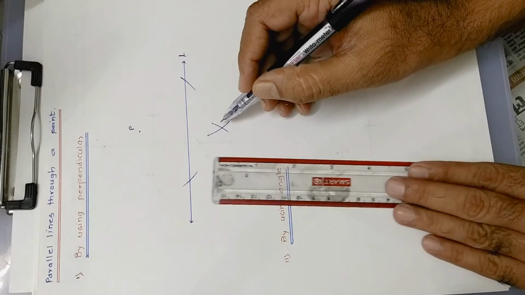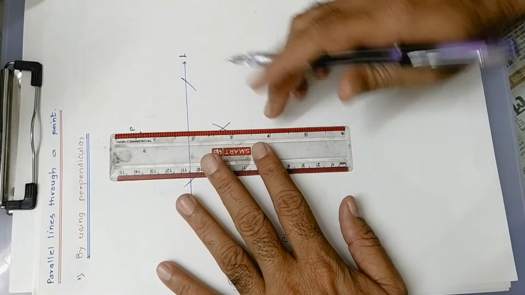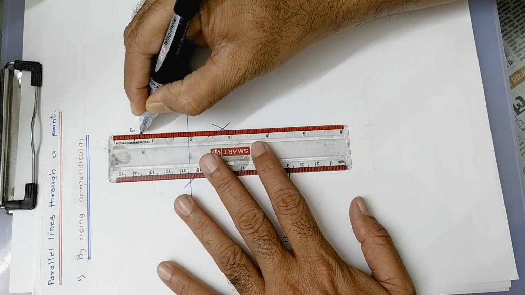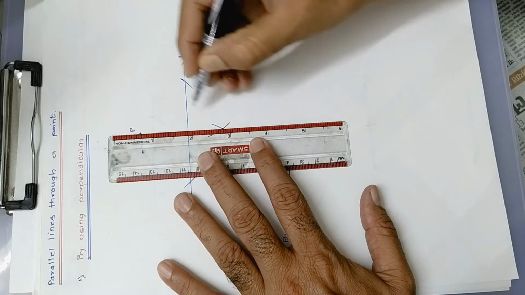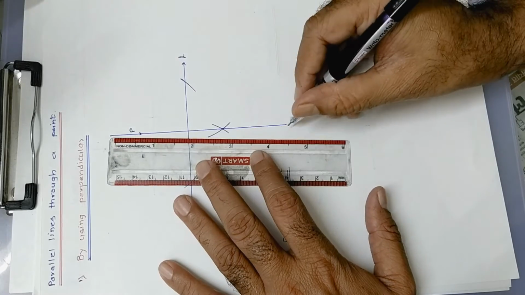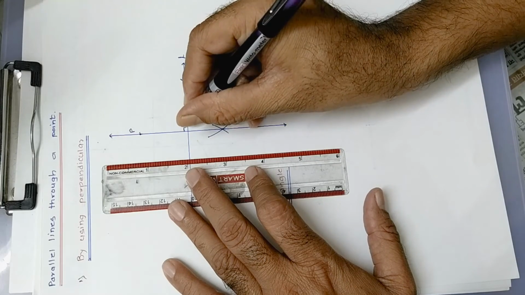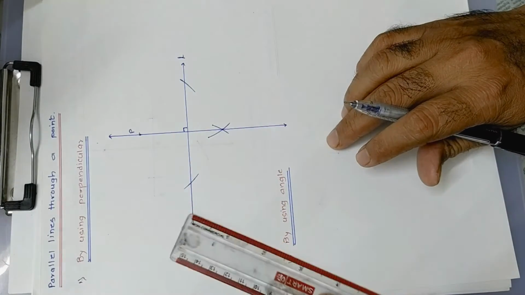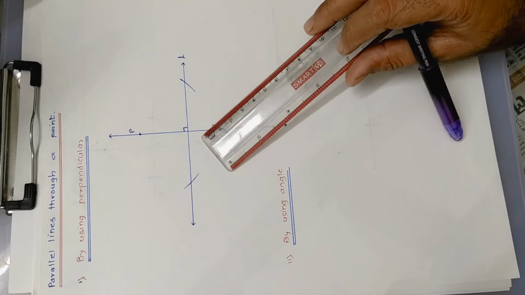Now this is the intersected point and this fixed point you have to join. How to join? Just follow the same procedure, match the point and the scale, and here also match the point and the scale. See here. Now draw the line. So this is a perpendicular drawn to line L. Now you have learnt in 9th standard, if perpendiculars are drawn to the given line, all those perpendiculars are parallel to each other.